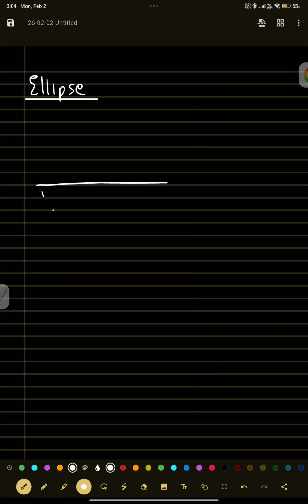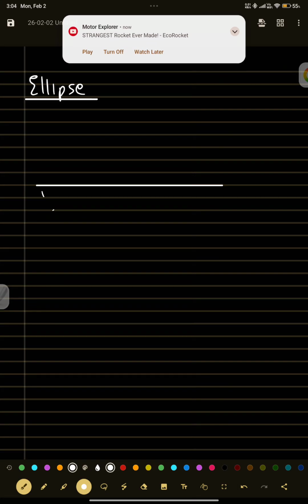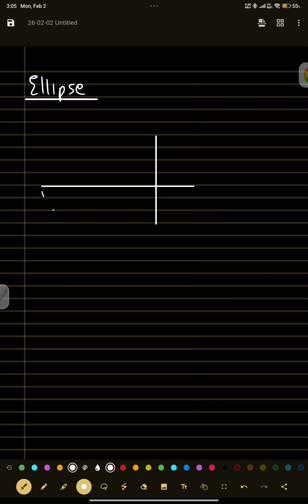So we will look at this trajectory ellipse, how it is an ellipse, or why it is an ellipse, and what are certain properties which you need to determine if it is an ellipse. So if it is an ellipse, and as you know the ellipse has two foci, F1 and F2, and this distance is the length of the semi-major axis.